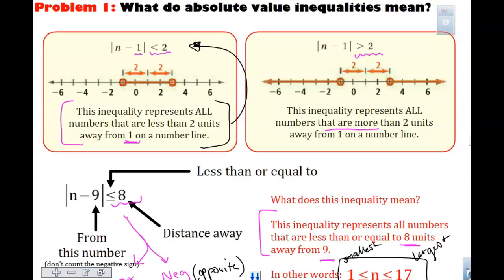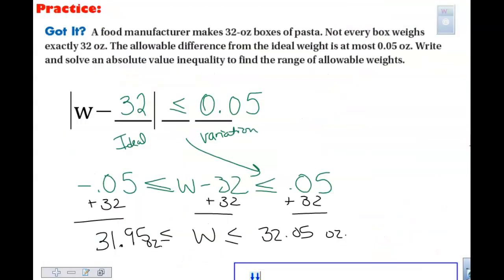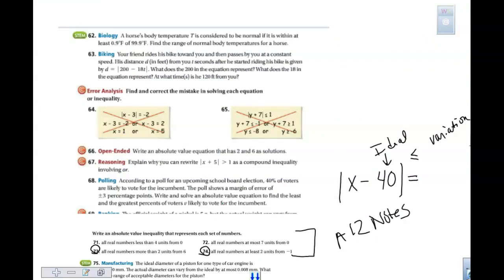An inequality that represents all the numbers that are less than 2 units away from 1 on the number line. N minus 1. This one says, write an inequality that represents numbers that are more than 2 units away from one number on the number line. So, we are looking at the two that you asked about, question number